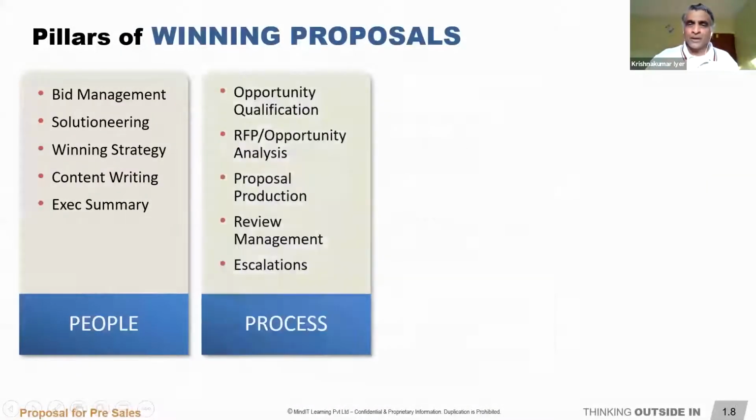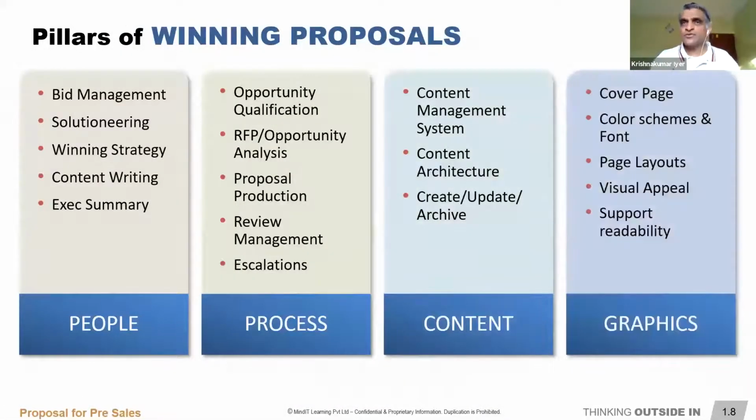Okay. Quickly, 4 things which really go into putting together winning proposals, from an organization standpoint. If you're a bigger organization, you want to make sure that you have the right people who can participate in the proposal, right from bid and proposal specialists to solutioning specialists and all of those. You're following the right process, right from qualifying the opportunity to the process that we talked about: analyzing the RFP, identifying the issues, mapping it to capabilities, and coming up with your differentiators. That's a process that we talked about.